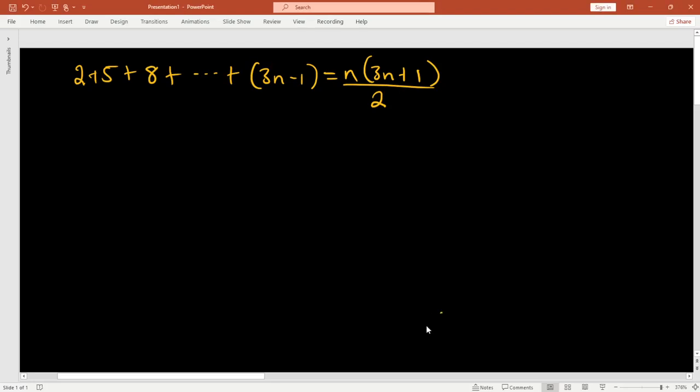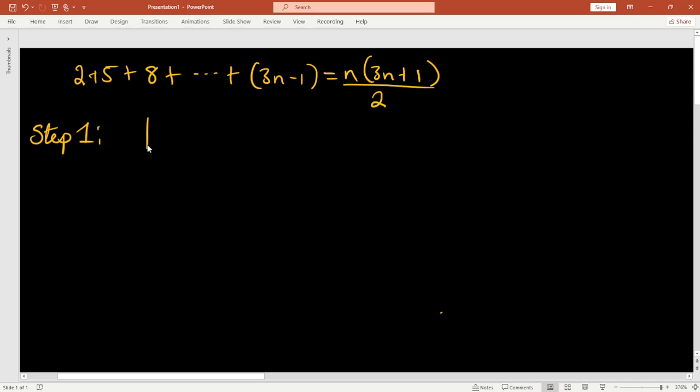Alright, so we have this question here that says prove by induction that 2 + 5 + 8 + ... + (3n - 1) = n(3n + 1)/2. So now we need to show that this statement is true using mathematical induction. So now the first thing that we do here, which is step number 1,